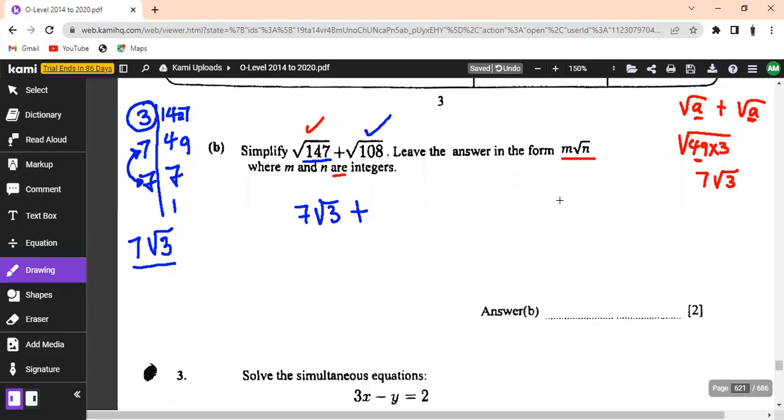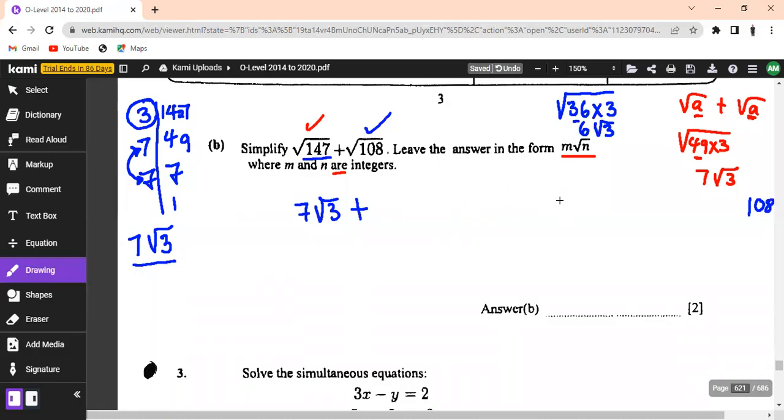Okay, so let's try the shorter way, just like what we did from the previous question that we had, so that at least it can help us. So in this case, 108 is same as a square root of 36 times 3. Yeah, if we multiply this, it's going to give us 108. And square root of 36 is 6, but we do not know square root of 3. So it's going to remain like that. Or if you don't know this part well, then we have to do the longer way,